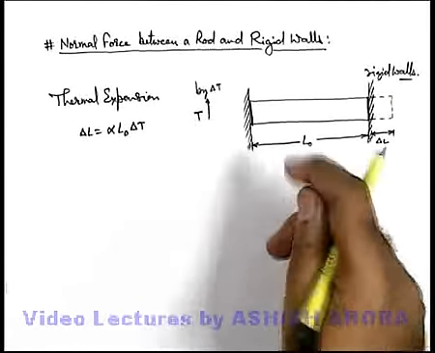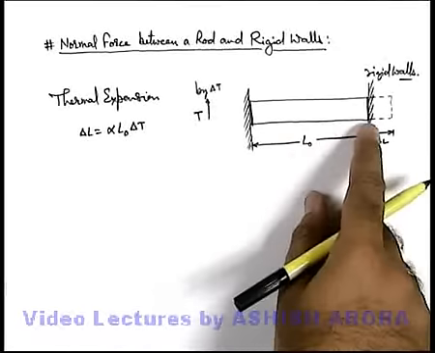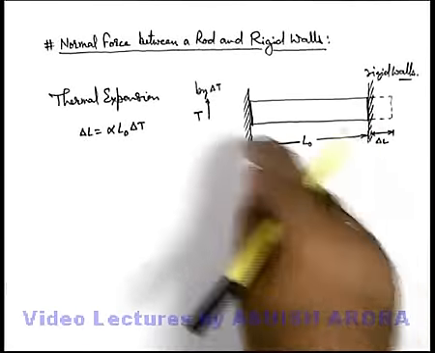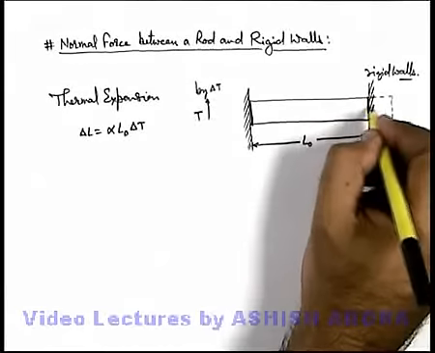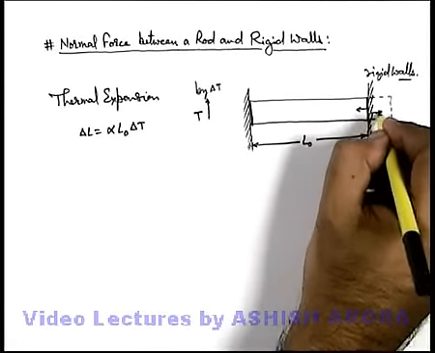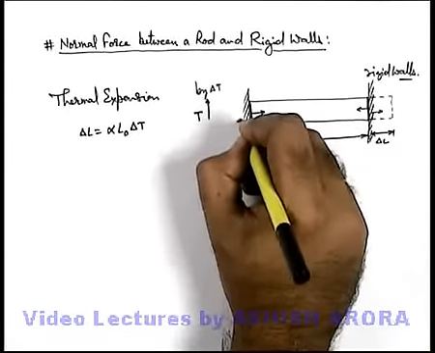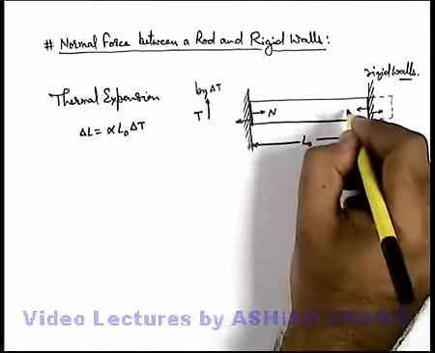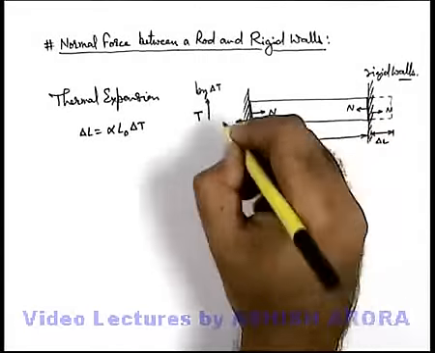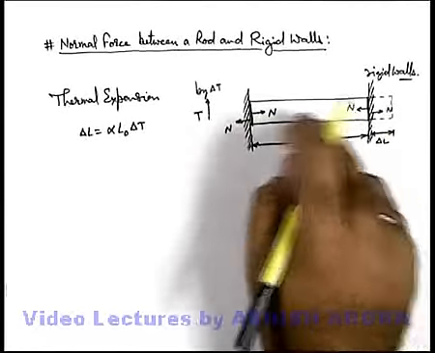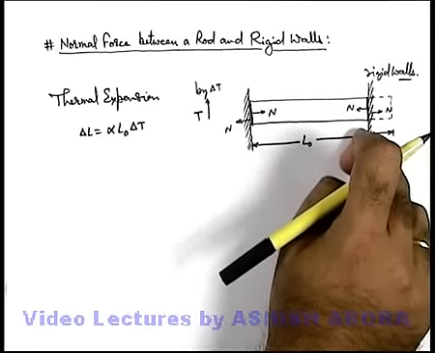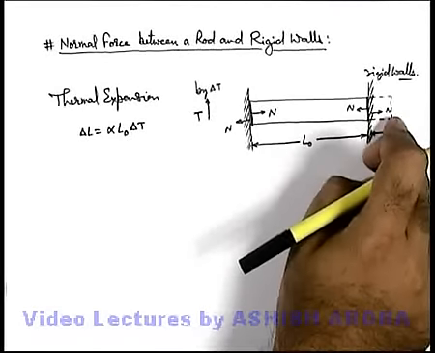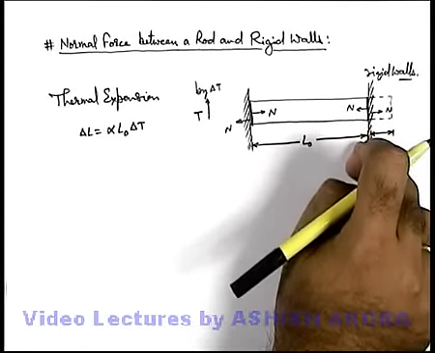Or you can consider it like if initially it is just placed between the two rigid walls, as we increase the temperature, the rod will have a tendency to expand, and due to which the rod will exert normal force N between the wall and the ends of this rod. And due to this N, elastically the rod will be compressed exactly by the same amount by which it would have been expanded if no walls were there.